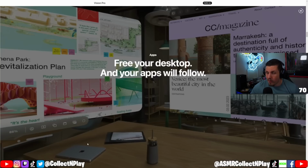I think PCs are more simple, but the fact that this integrates like a Mac computer, all you have to do is connect them, I guess through the cloud or something. And then when you open your Mac, if you have the headset on and activated, you can project the